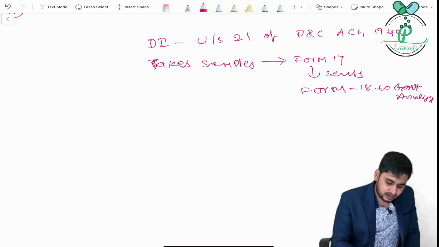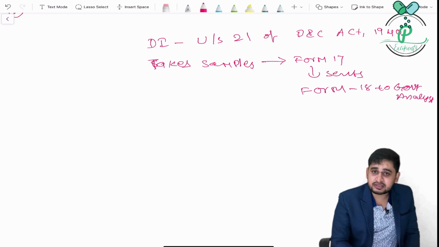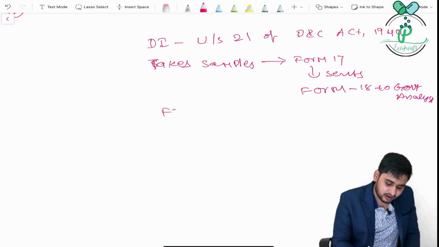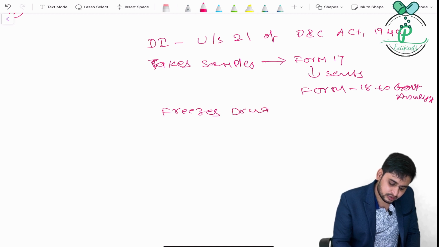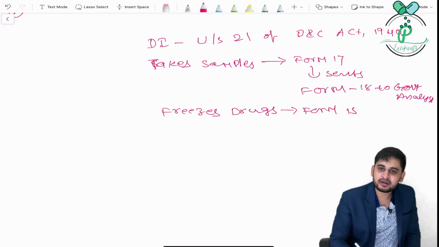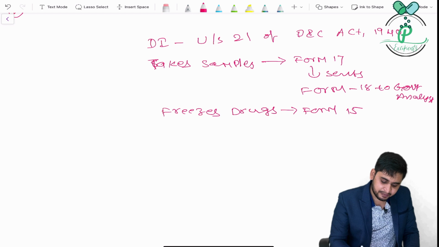And if the drugs are found to be of doubtful quality, he freezes the drugs in Form 15. If drugs are reported not of standard quality, or reported